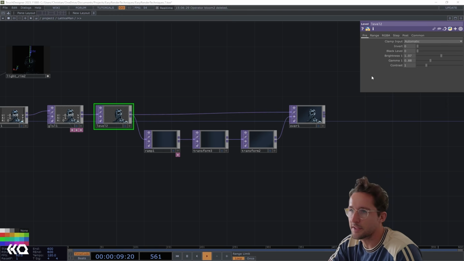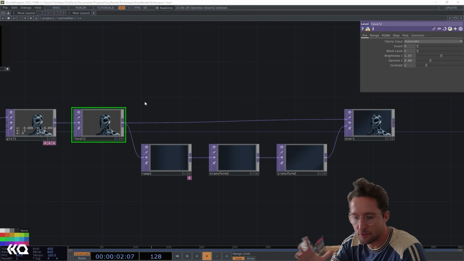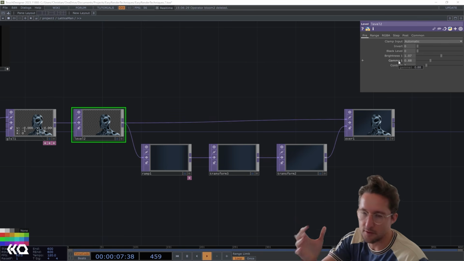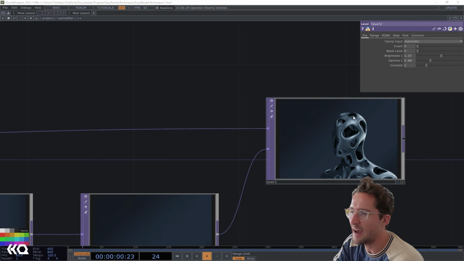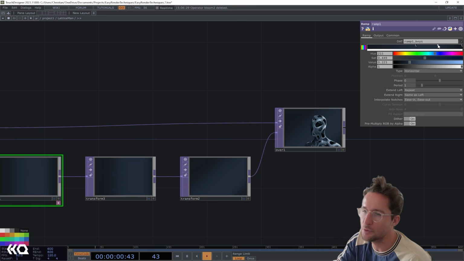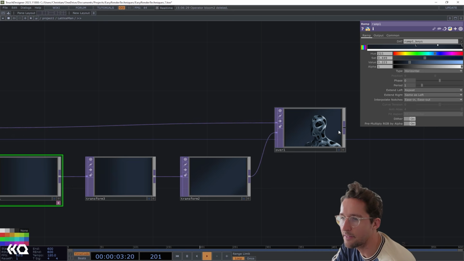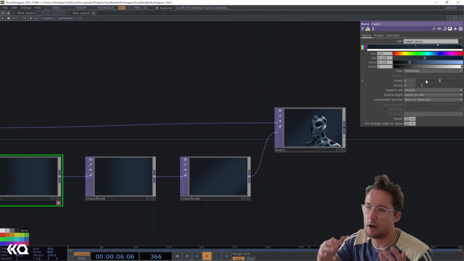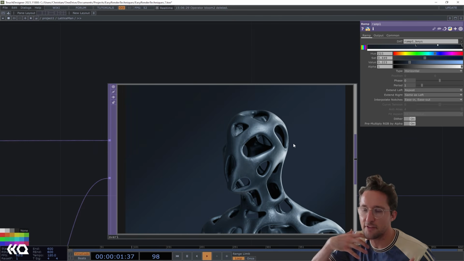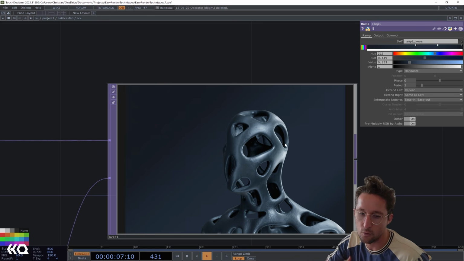So after sort of fiddling with this for a little bit and finding the values that I'm kind of looking for, where there's the push and pull of, I have the gammas that the midtones have been brought down. I found that I wanted the figure to sort of pop a little bit more, so I brought the brightness up and then took this ramp and added another stop over here, where it's smoothly kind of filling in this part over here. And then just brought the ramp down in darkness so that we have this figure that's kind of it feels like a cohesive image, but it's also popping in a way that we're looking for,